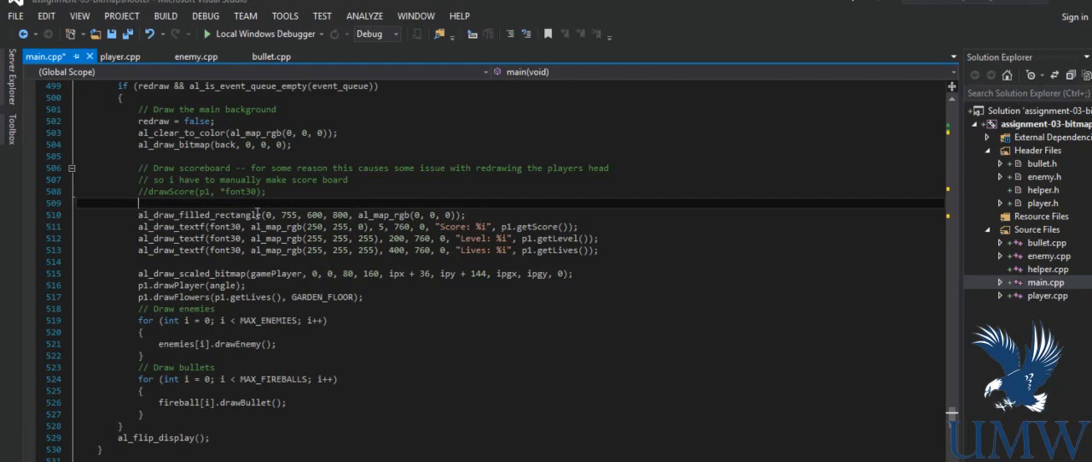Cover up the score, and then on top of that, black box, update the information. Score, how many lives, or what level you're at, how many lives you got. Draw the player, and then draw the head. So this is just drawing the head, right? This is kind of the body of the flower, the head of the flower, and here